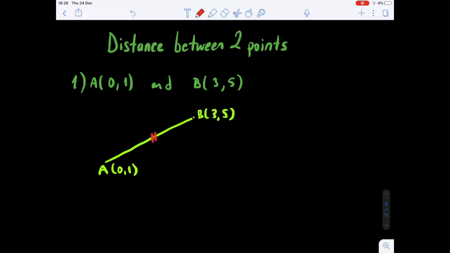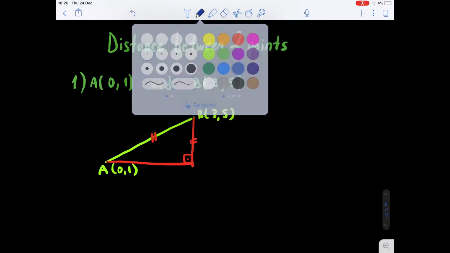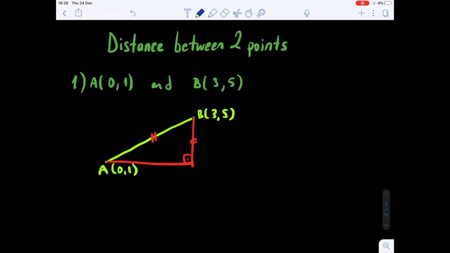So to find the distance, we are going to use Pythagoras theorem. To use Pythagoras theorem, we need to know two sides because we know the hypotenuse. Hypotenuse is the distance that we need to find. So vertically, we are going to find the distance vertically, which is, if I name in the beginning,